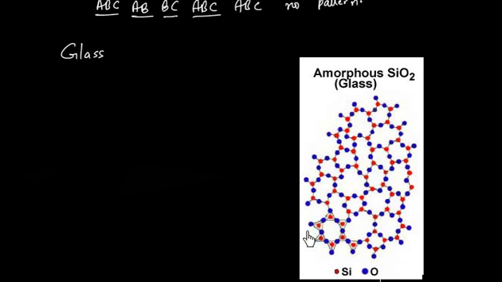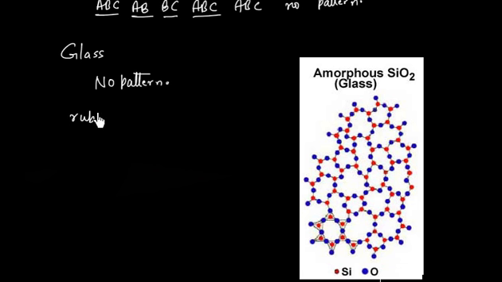In this range, it looks like there is a pattern, but this is a short range. If you see long range, there is no pattern. Sometimes we have this kind of pattern, sometimes we have that kind of pattern, sometimes we have a long chain, sometimes a short chain. So there is no pattern in the case of glass.